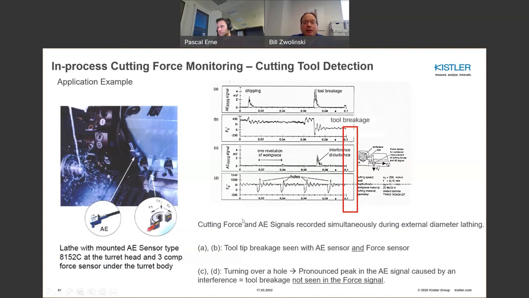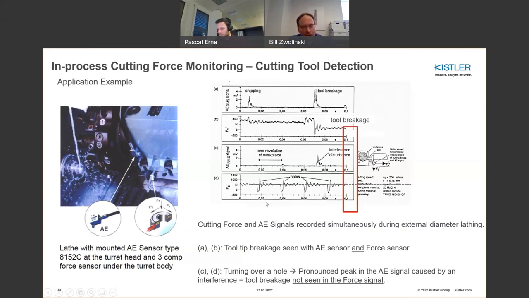In C and D, you're basically looking at interference cuts. And with an AE sensor, you might have a situation here where you have a tool breakage in this event. And here you'll see in the force sensor, you can see interrupted cuts where you're basically cutting through holes, if you will. And you could see a drop off and then an increase of signal strength or force,